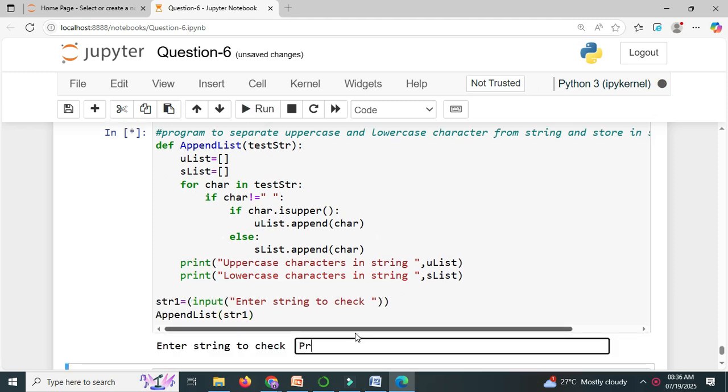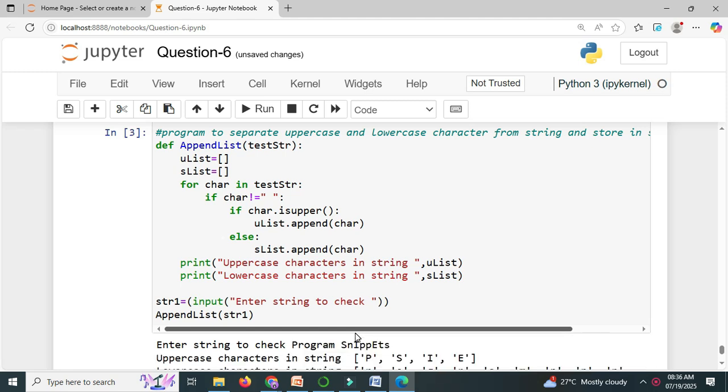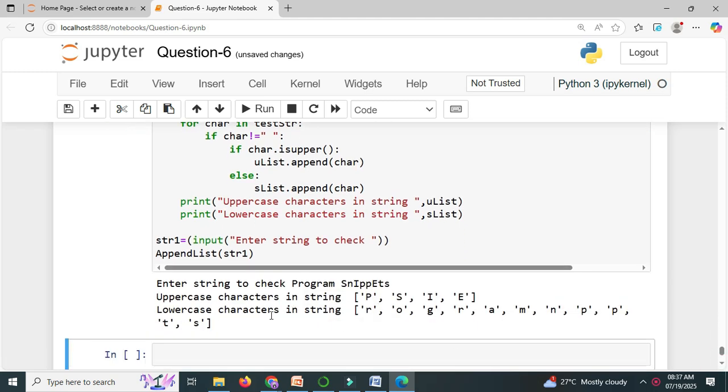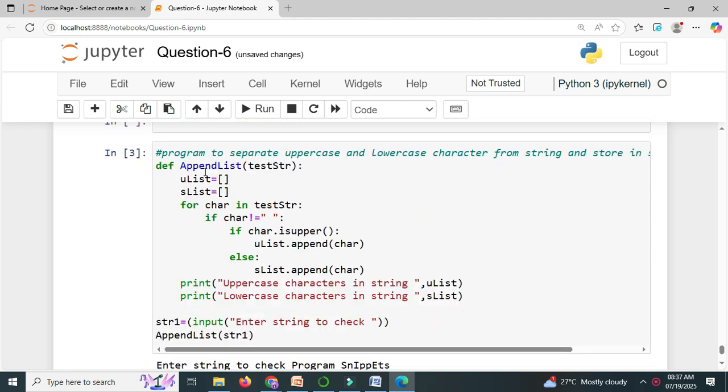It will ask the string to check. It will print uppercase characters in string and lowercase characters in string using list. So first we have defined the function append list with one parameter. Then we have defined two lists for storing uppercase character and lowercase characters, and we will use for loop to